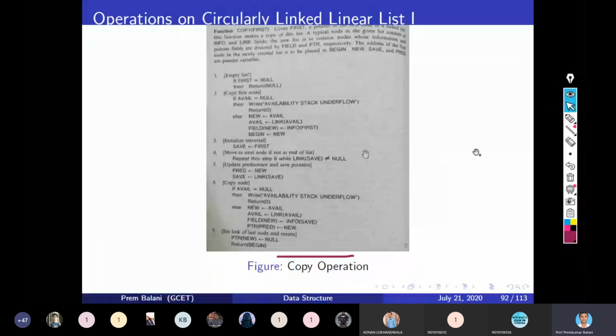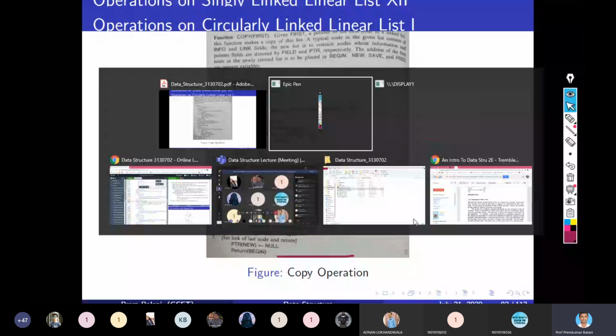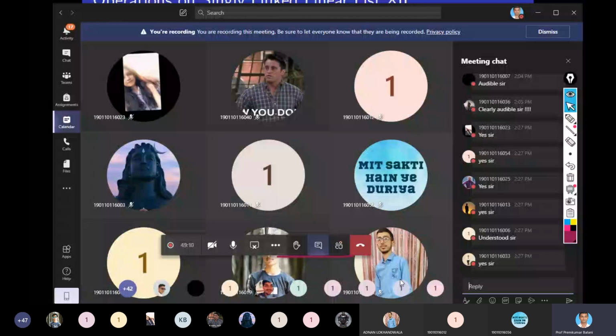How much time do we have? Okay, we have already taken 50 minutes. So okay, then we'll see this copy operation in the next lecture.